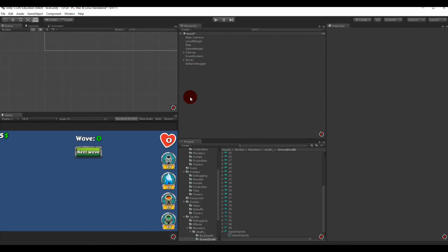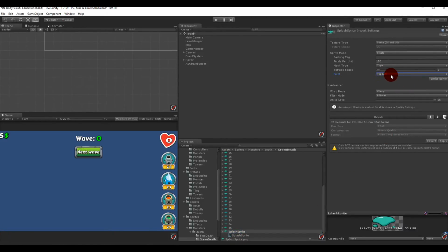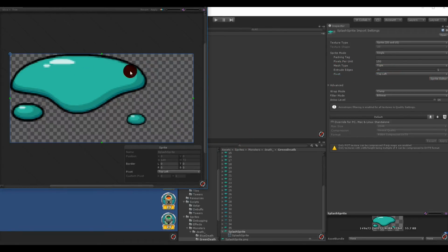By the way, when I said center the splash, I didn't mean that it will center the splash right in the middle of the tile, because it will drop the poison at the position where the monster is. But right now it drops it a little to the right of the monster, because the splash pivot point is on the top left here. This is the standard top left pivot on the splash. And this pivot point will be on the center of the monster, because the monster has a pivot point in the middle. So if you want to fix this, I guess you could go to the splash sprite